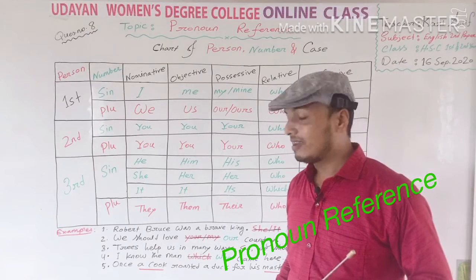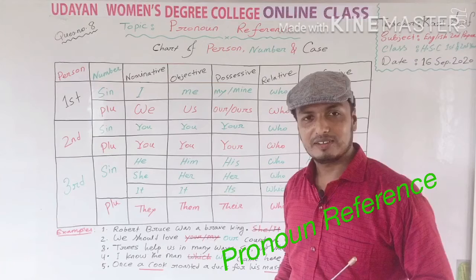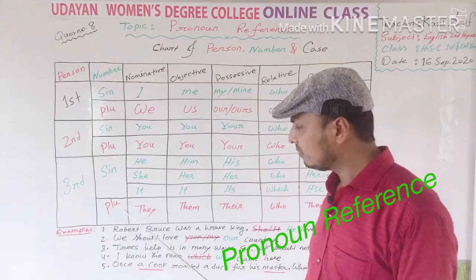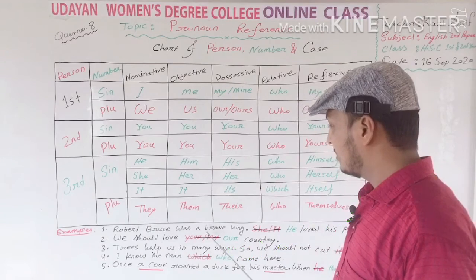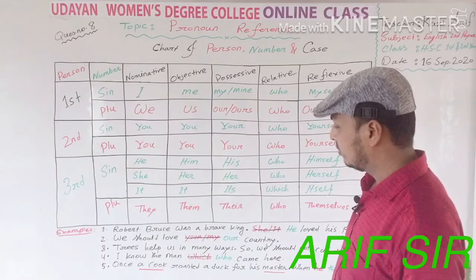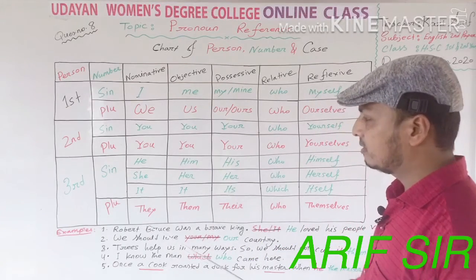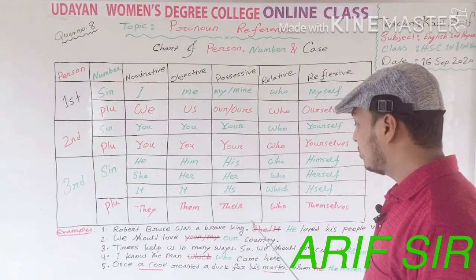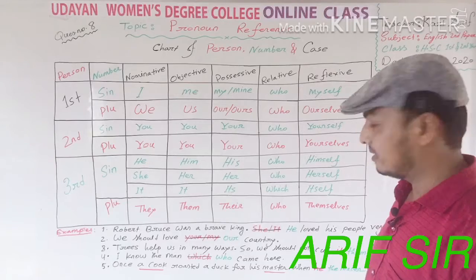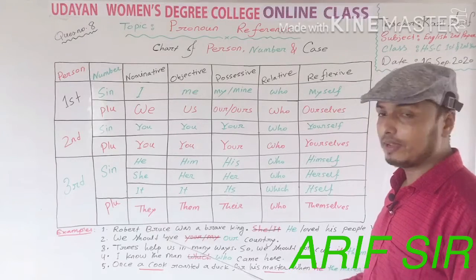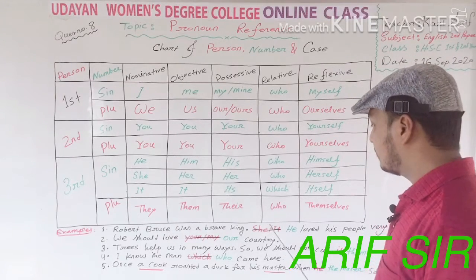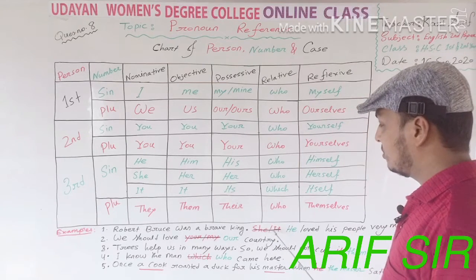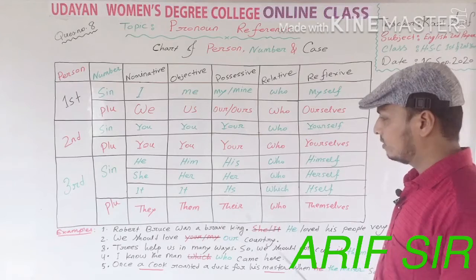Dear students, let's start the practice, or let's see the example. Robert Bruce was a brave king. Look at the board. Here we know that according to the subject or head word of the first sentence, we should use the pronoun of the second sentence. So Robert Bruce is a male person, and its subjective form will be he, not she or it. She or it is incorrect.